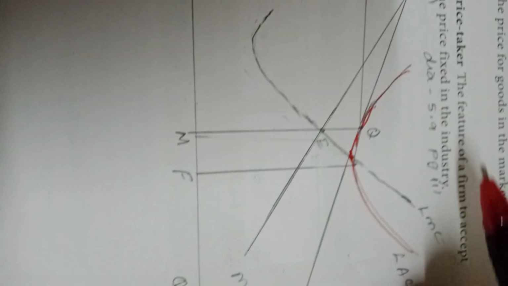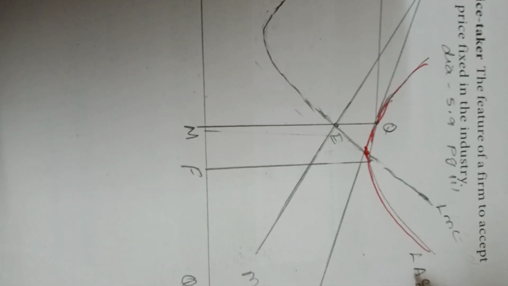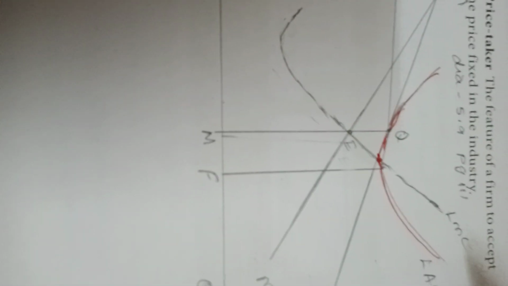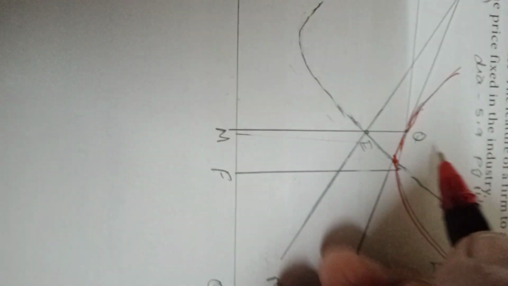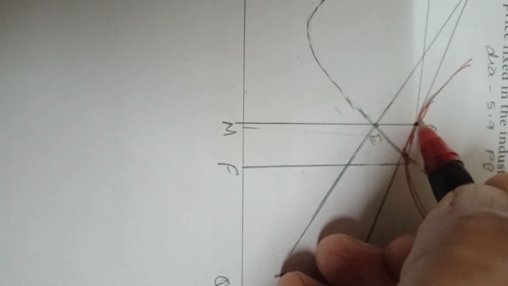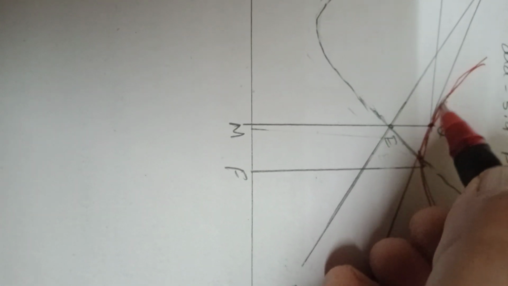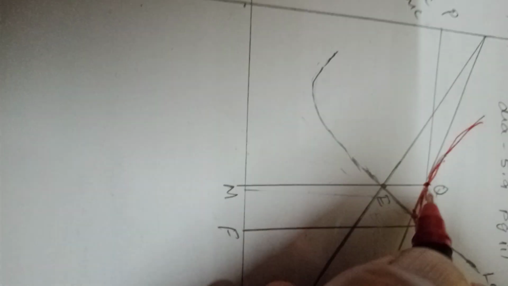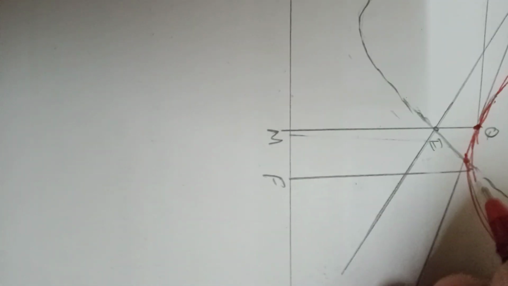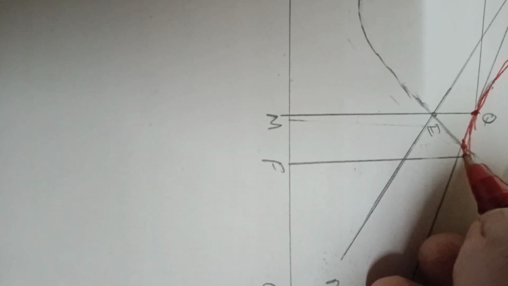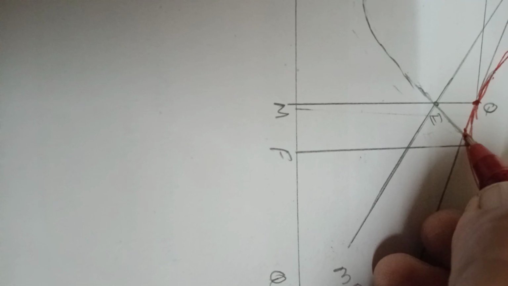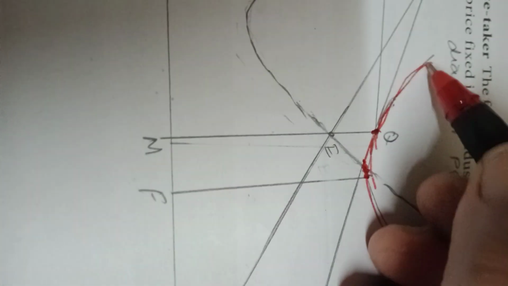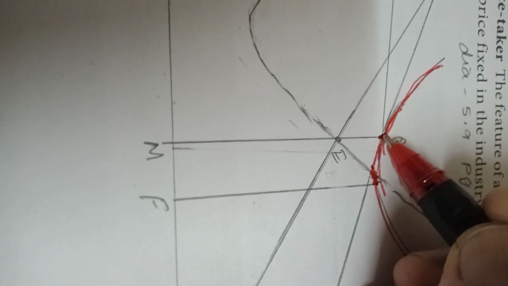So, the average cost curve, that is LAC, is nothing but long run average cost curve. It will be a line in such a way that it intersects the AC curve at some point. See that you draw, the minimum point will be a different point, because the firms will not be working under the minimum cost conditions. So, draw a line in such a way that it touches the AR.